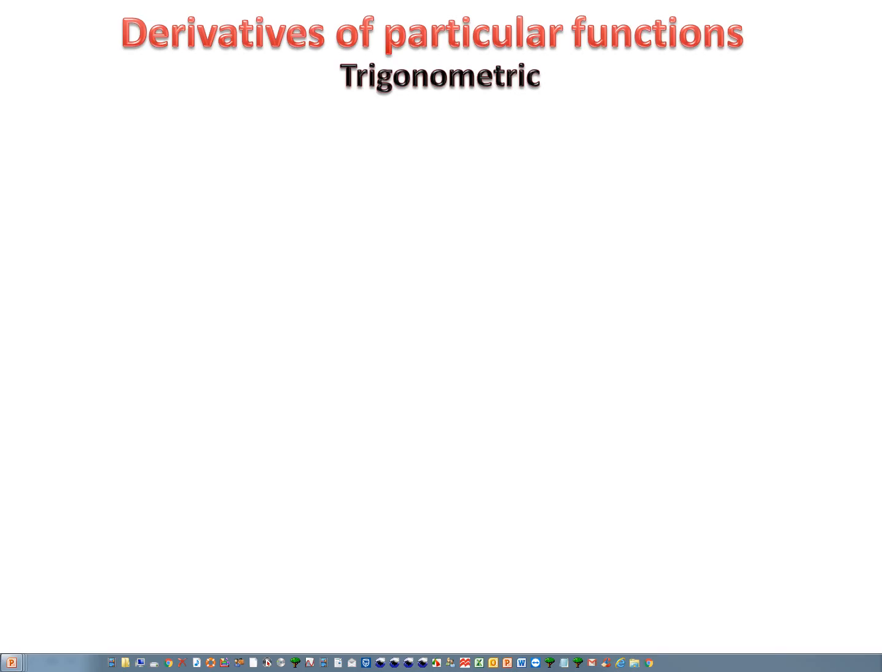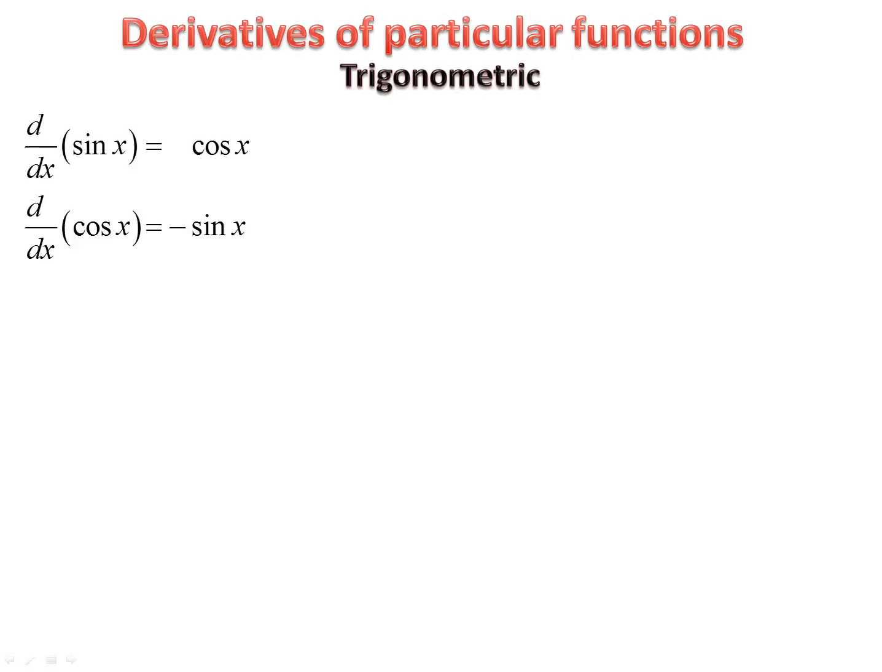Derivatives of some particular functions. We'll have a look at the trigonometric functions and the exponential function e to the x. Here are the two standard trigonometric derivatives. Derivative of sine is cos, derivative of cos is minus sine, and from there we can derive the rest of